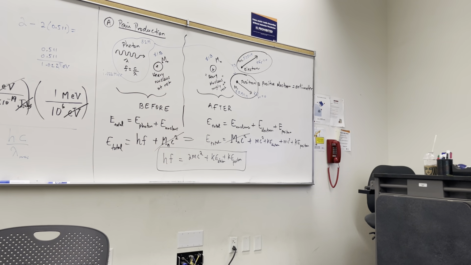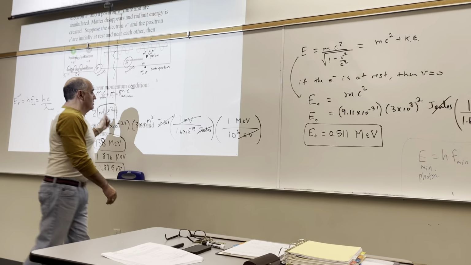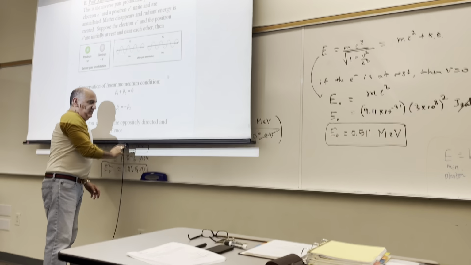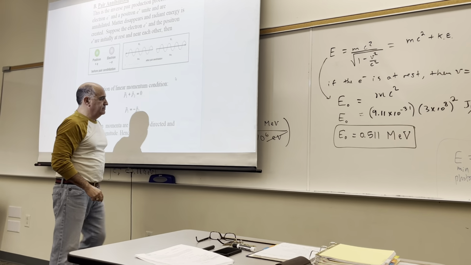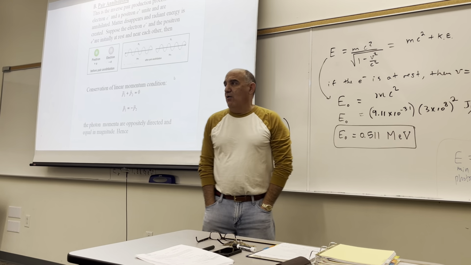If you figure this out over here, the energies of these photons are so big that you have to be talking about gamma rays. You're in the region of the electromagnetic spectrum where you find gamma rays, not visible light. Now, what if